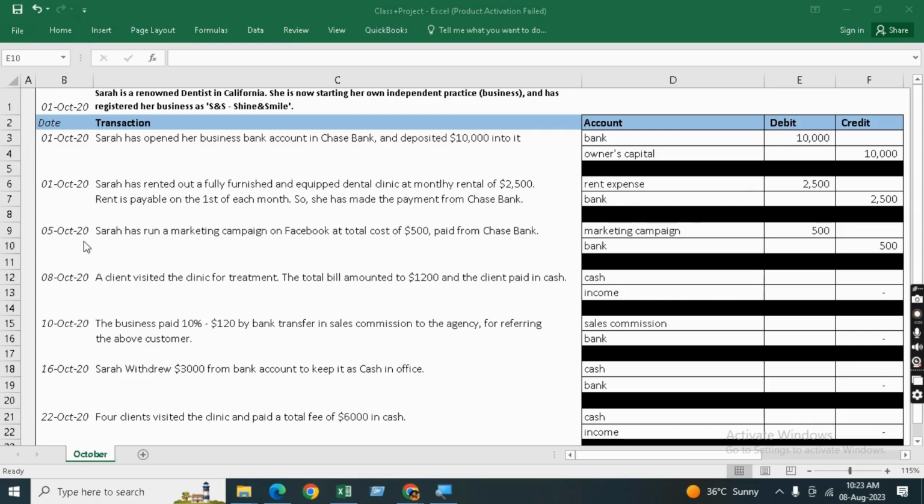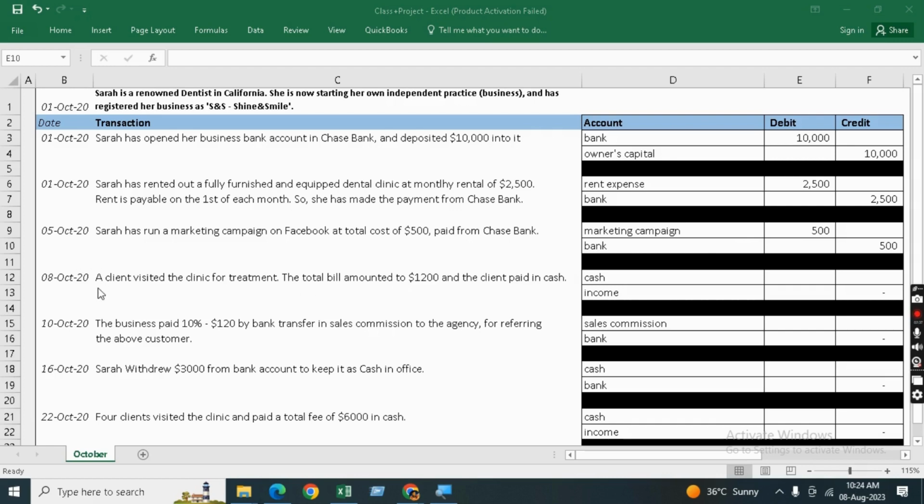Bank. On the 5th of October 2020, Sarah has run a marketing campaign on Facebook at a total cost of 500, and she has paid it from the Chase Bank. Same example, marketing campaign is a kind of expense, and we have paid the total amount of 500 on this marketing campaign. So to record the debit entry, marketing campaign will be debited by $500. And since we paid this amount from the Chase Bank, the credit entry will be in the ledger of